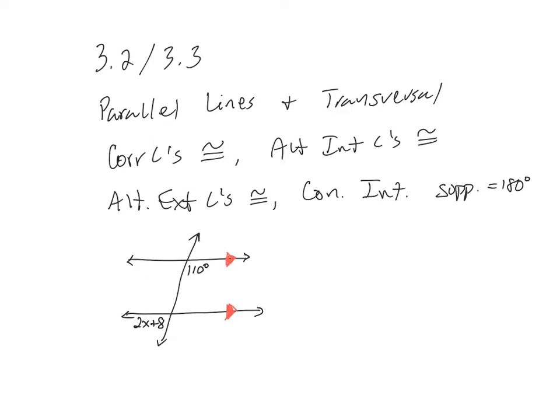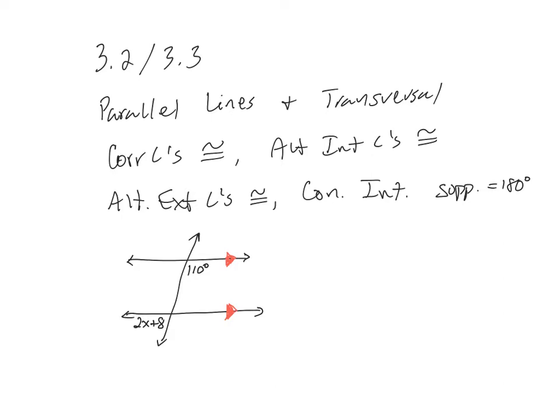this is kind of the tricky version, because first you would need to look at those two angles and say, what are they of those four? And so, well, they're not in the same location. One's bottom right, one's bottom left, so they're not consecutive interior. And then the 110 is on the inside, and the 2x plus 8 is on the outside. So